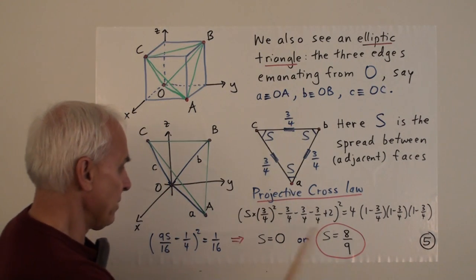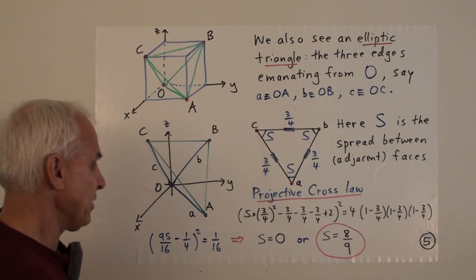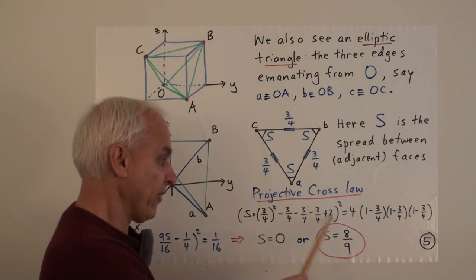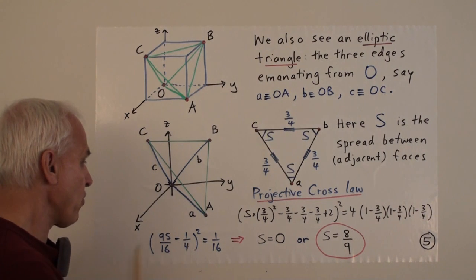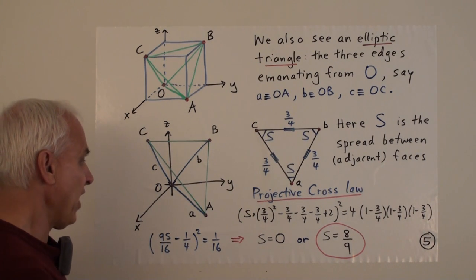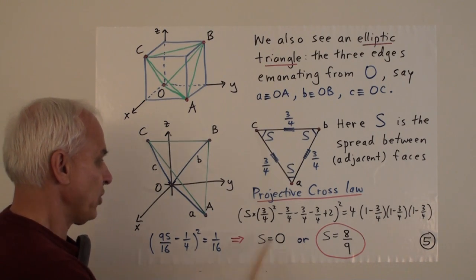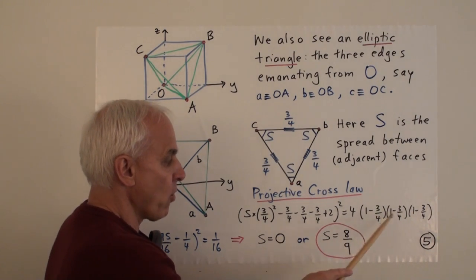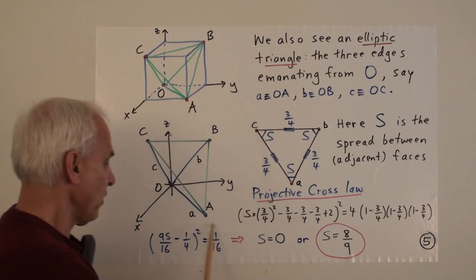Well, things are relatively simple because the algebra is pretty easy. We have minus 3/4 times 3, so it's minus 9/4 there, plus 2, so that'll be altogether minus 1/4. Here we have a coefficient of 9 over 16 times s, all of that squared, which should equal, on the right here, 4 times 1/4, 1/4, 1/4 for a total of 1/16.